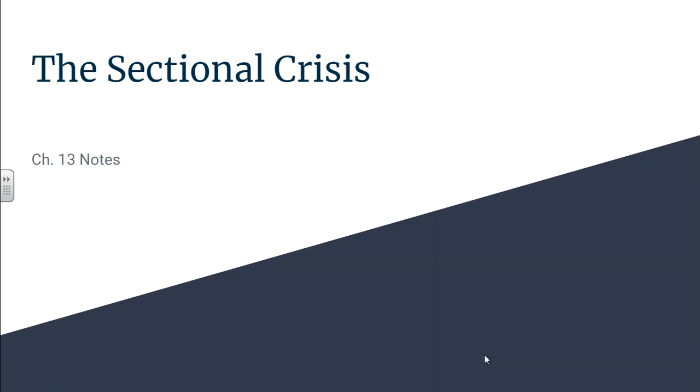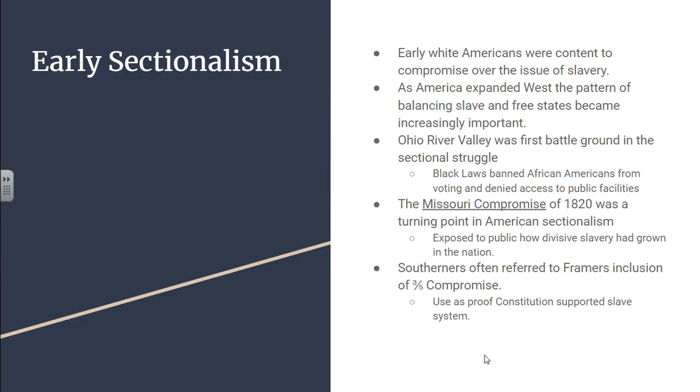Okay, so the first thing that we're going to look at is sectionalism. So, we have seen sectionalism throughout this class so far, from looking at the differences between the northern colonies, the middle colonies, and the southern colonies. And hopefully by now you understand that those differences in political ideology, in economics, in social aspects have continued to be features of the United States thus far.